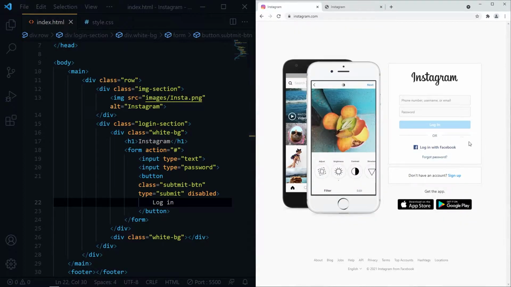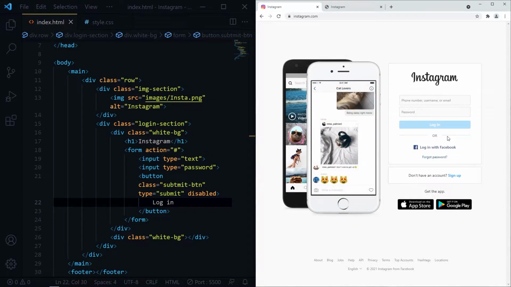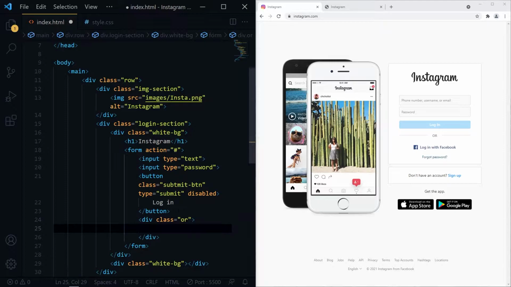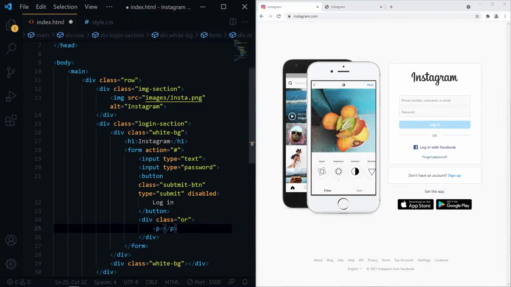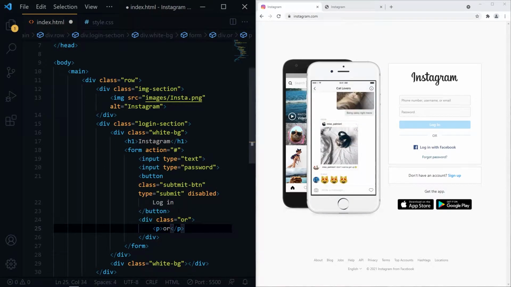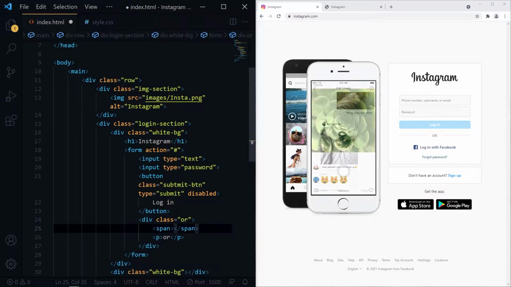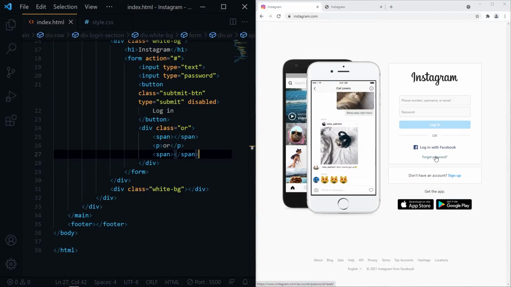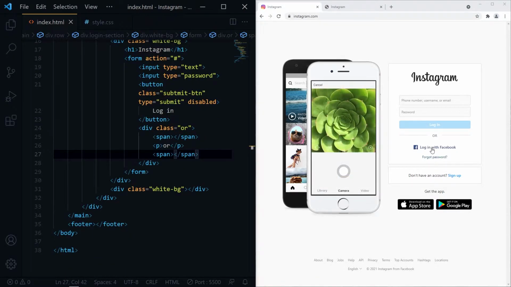Next we need to create this OR with two horizontal bars. I will give our div class name OR, and inside that p tag will contain our text and span tag for the horizontal line, or we can use before and after also. Now for this one, these two are links, so it must be inside the anchor tag.